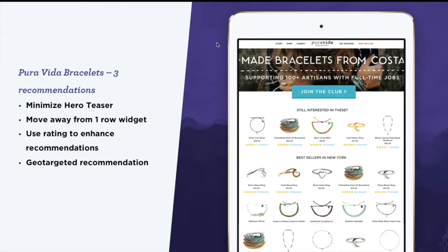Start with one of my favorite accounts, Pura Vida Bracelets. It's running on Shopify Plus. You might know the owner. His name is Griffin Thal. He's been named Forbes 30 under 30, so kind of a famous guy in the young e-commerce scene. And I think this is